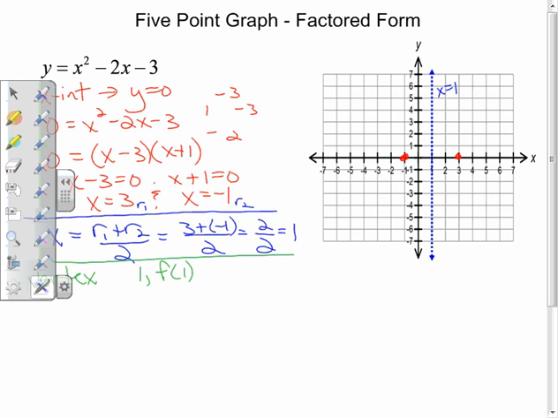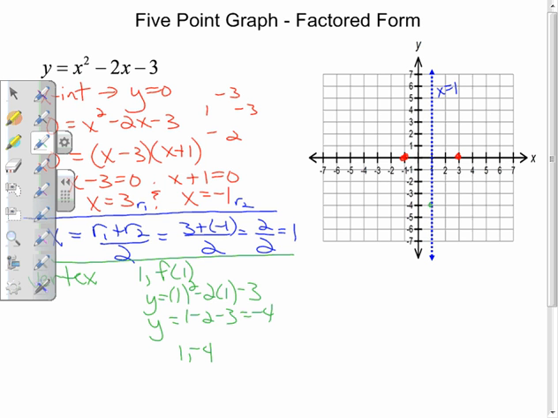And I can find its y value by just plugging in 1 to the original equation. I'm just using the function notation here, which says f at 1. We have that y is equal to f at x, so I'll just do y equals 1 squared minus 2 times 1 minus 3. That's going to give me 1 minus 2 minus 3, which is equal to negative 4. Thinking of this as a point, I'm going to get 1 comma negative 4,